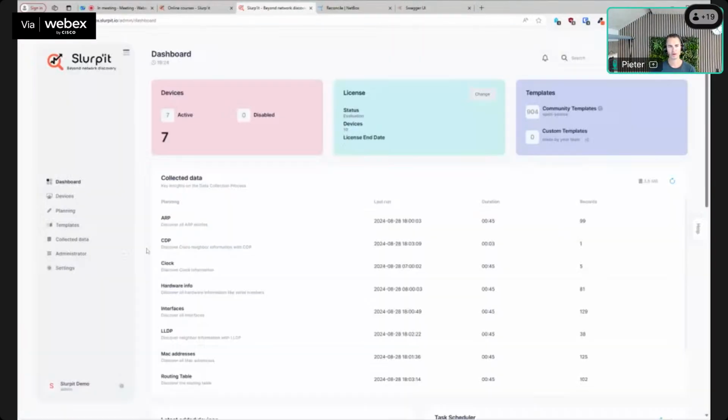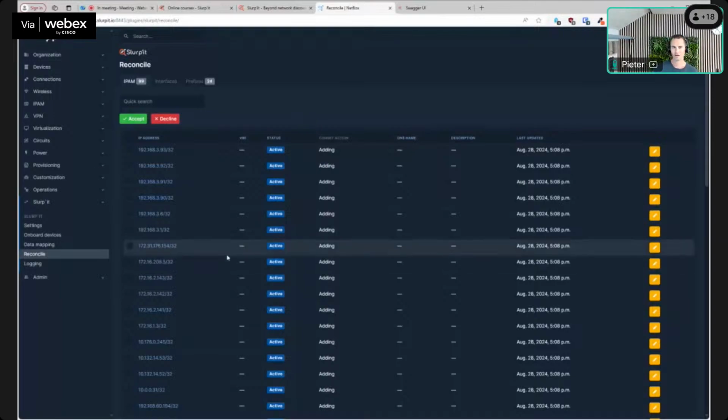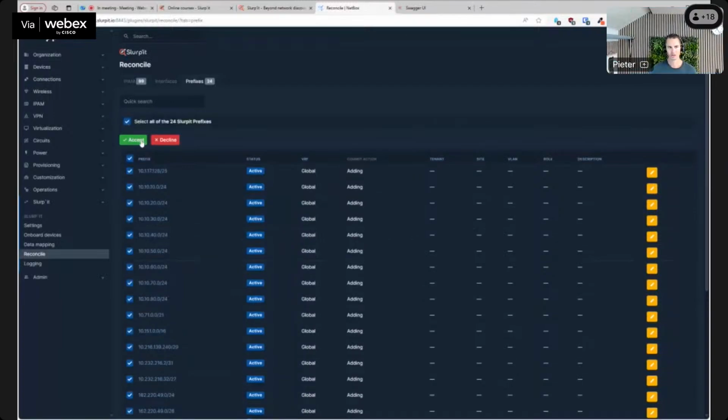So what I showed before here in Slurp'it in the settings, that you can configure here which data objects you want to fill. And we keep extending them, like VLANs and VRFs are almost finished to add in here as well. But you can tweak them here. And then when this data is found by Slurp'it, we send it toward NetBox, but we do not automatically add it in there. So you have the possibility to tweak it a little bit or to decline it when it comes in. If you don't, you can just multi-select, add the prefixes,